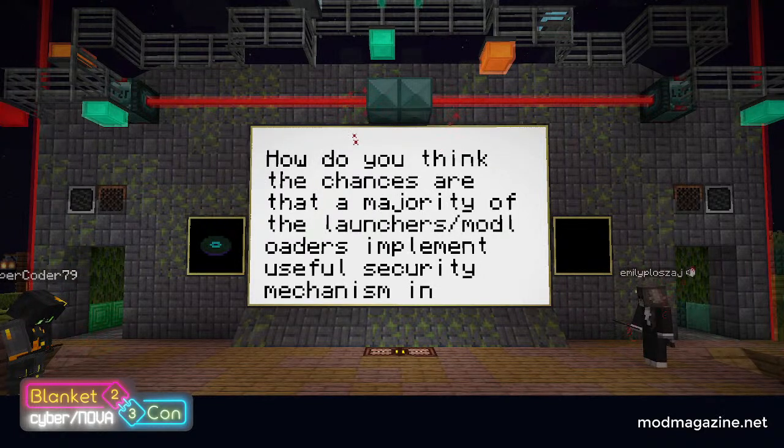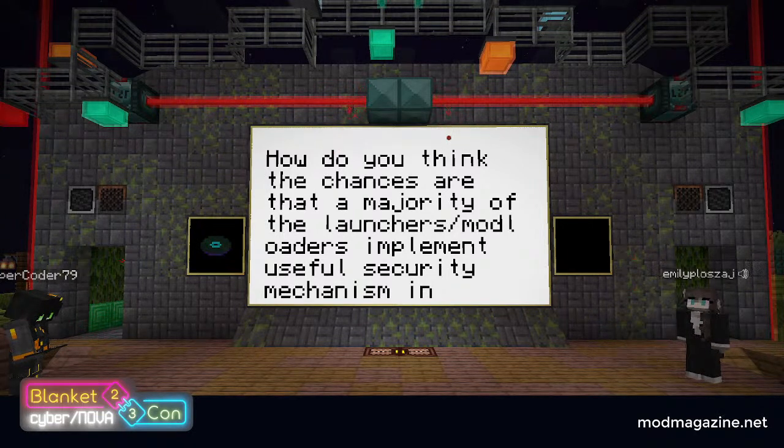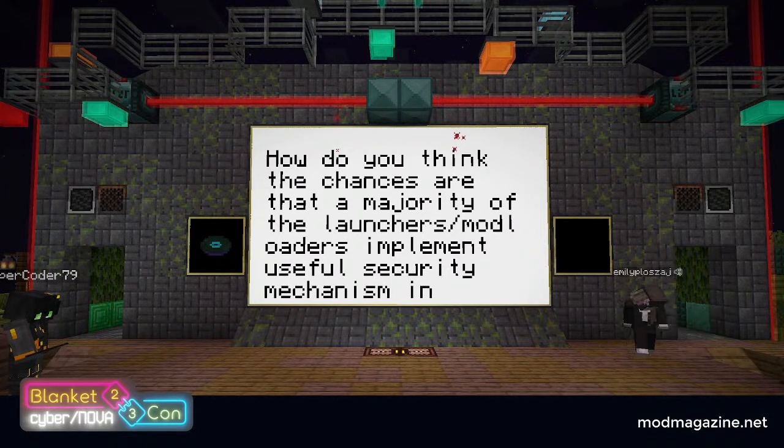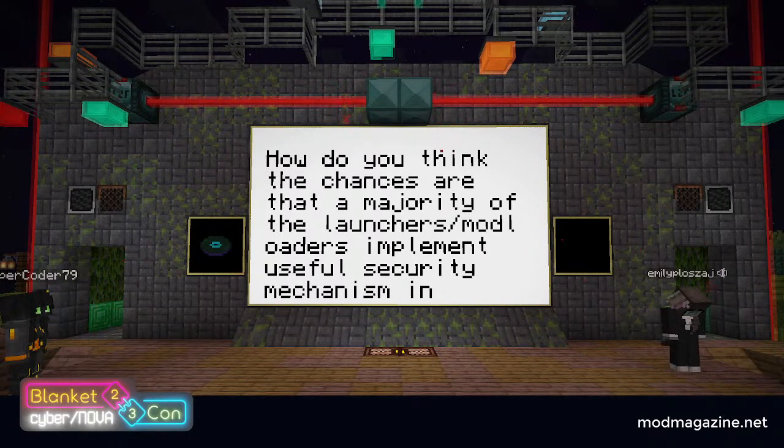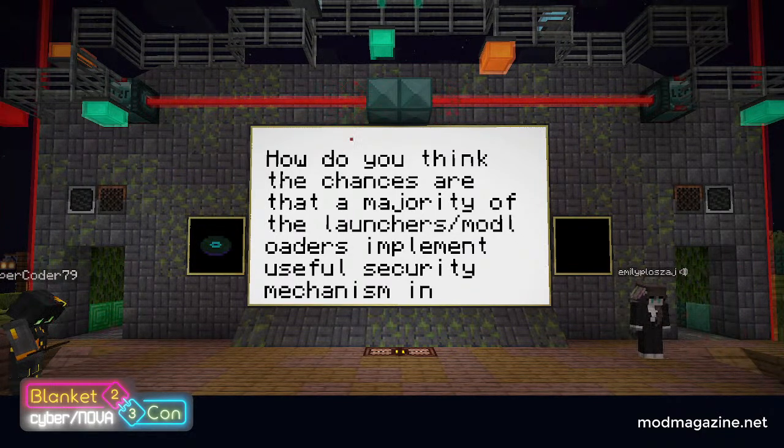I think the chances are decent. As it stands, it's been several months and nothing significant has occurred. And I guess part of this question involves the security methods being put into place in the first place. Probably the easiest and most tangible form of this occurring would be a centralized certificate authority organized by both Modrinth and CurseForge, through which modders could sign their mods and have this displayed on the site, so that they are known to be created and uploaded by the authors that created them. As it stands, this does not exist, and without it, launchers and mod loaders cannot integrate that into their systems.